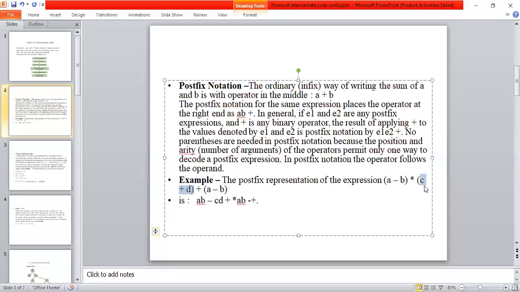The postfix is AB minus, CD plus, then star.